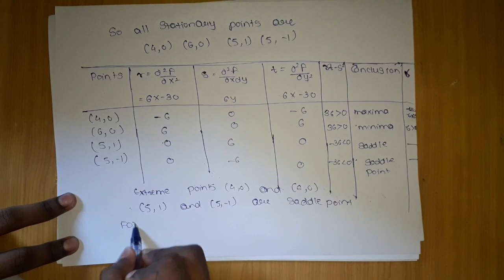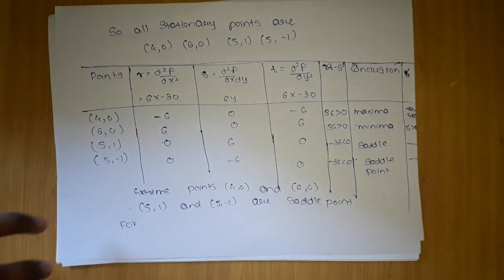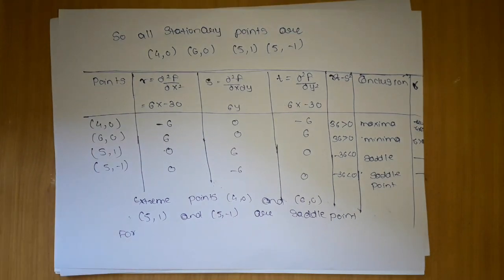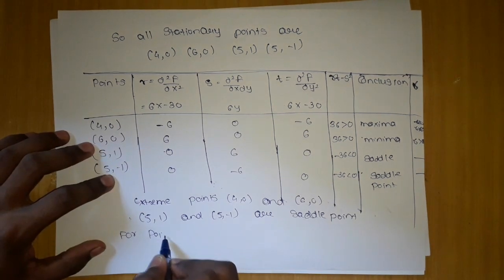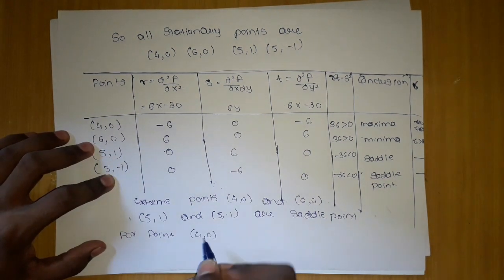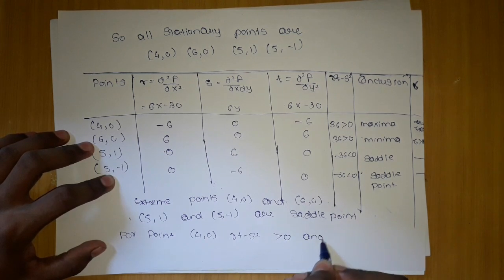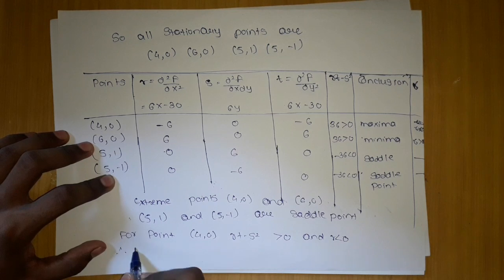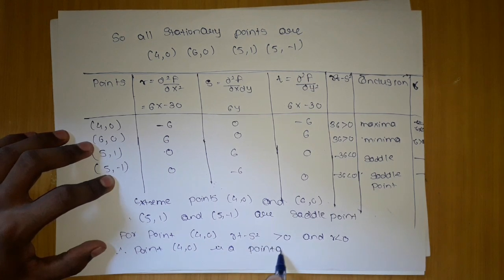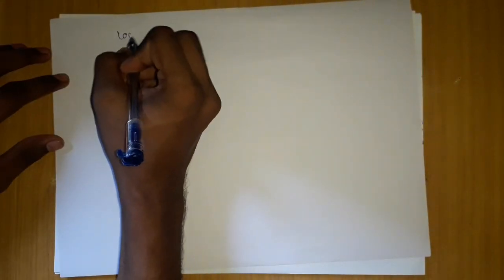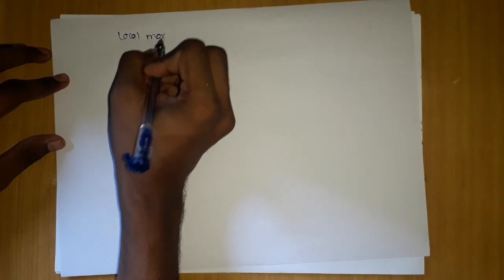For now we are going to mention some things. So what we can say after this is that for point (4, 0), RT minus S square is greater than 0 and R is less than 0. Therefore point (4, 0) is a point of maxima. You have to mention so many things to get complete marks in your examination. After this, what you can say, local maxima